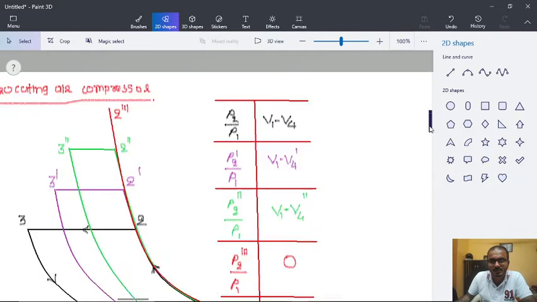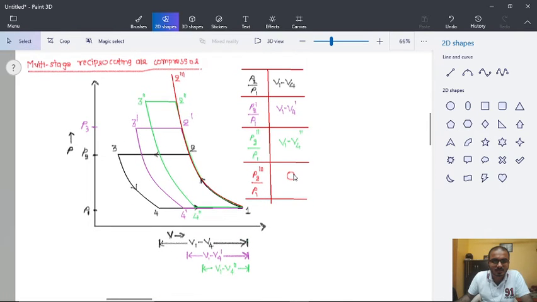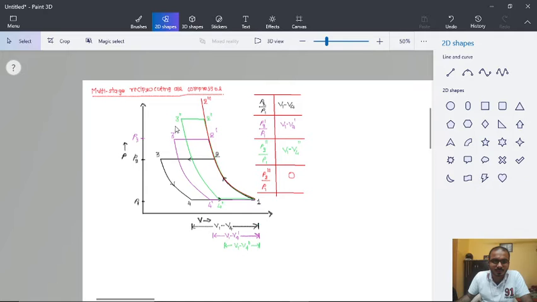So as it can be clearly seen, the increase in pressure ratio reduces the swept volume, and as we keep on increasing the pressure ratio, at one stage the swept volume is 0, so there is no discharge of air from the compressor. So if the compression is done in a single stage, then this kind of situation can arise. Obviously a higher pressure ratio will reduce the quantity of compressed air that is being delivered. That is the fundamental thing that we are facing in this case.